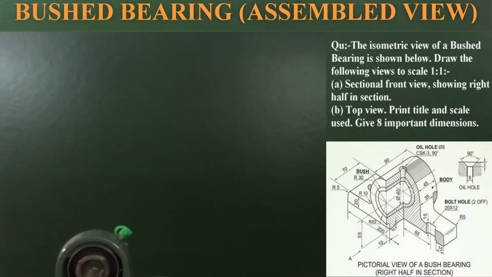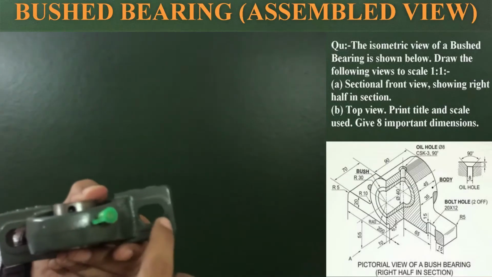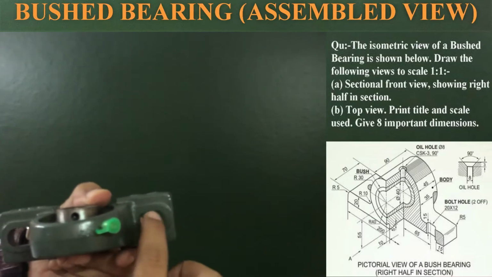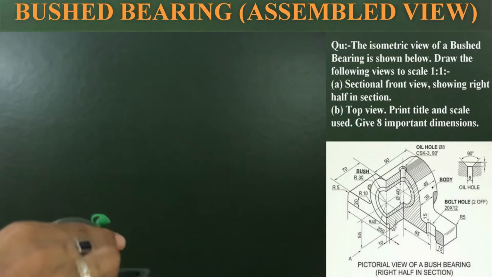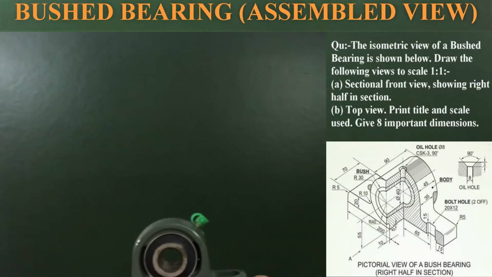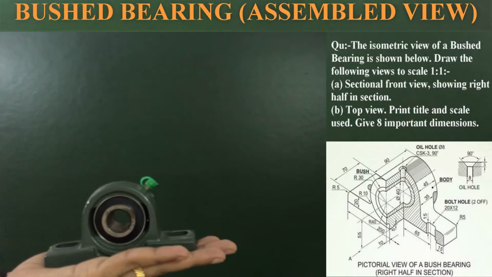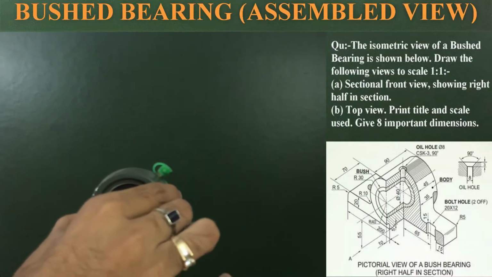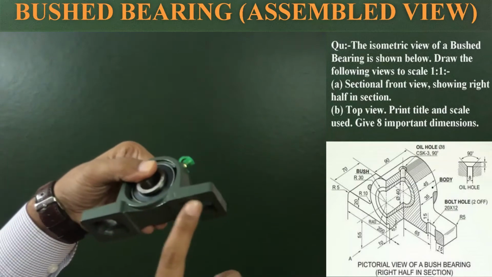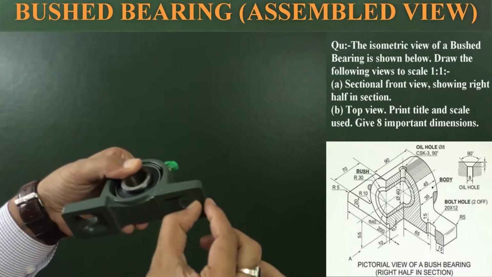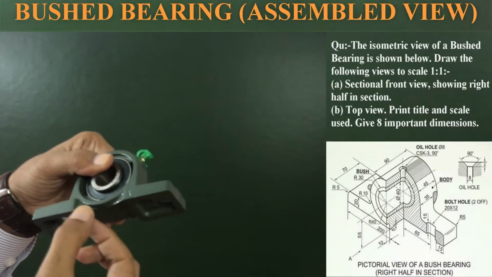Then we have 2 bolt holes on both the sides. For the bolt hole, the given size or dimension is 20 cross 12. So this is 20 and this is 12, and these bolt holes are elliptical, or we can say rectangular holes. So rectangular or elliptical hole of size 20 cross 12. And then for the cavity, for the bolt cavity, this distance is 15, and from the front that distance is 10.